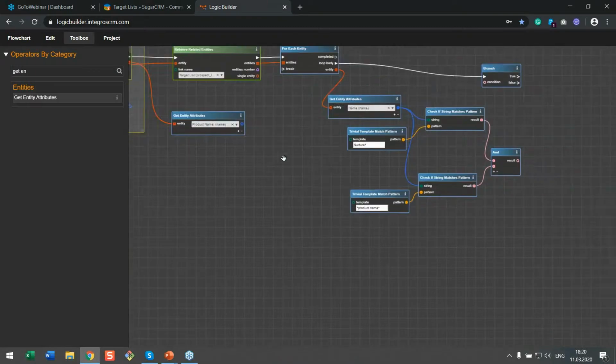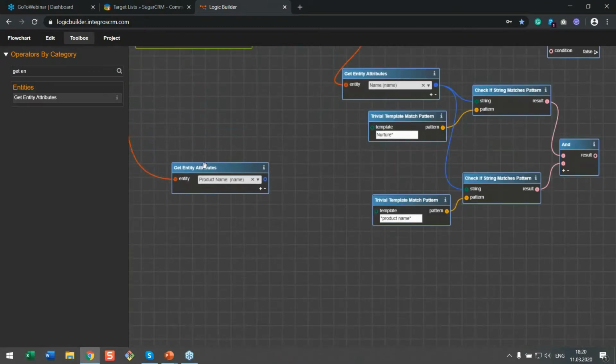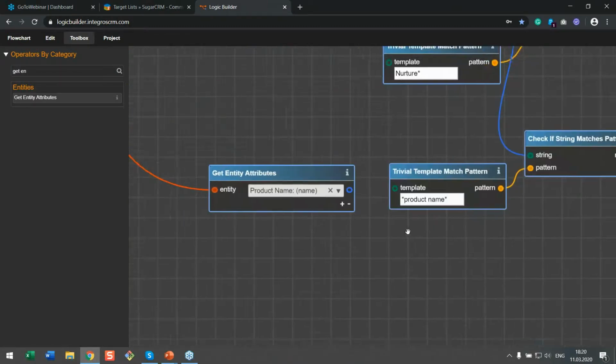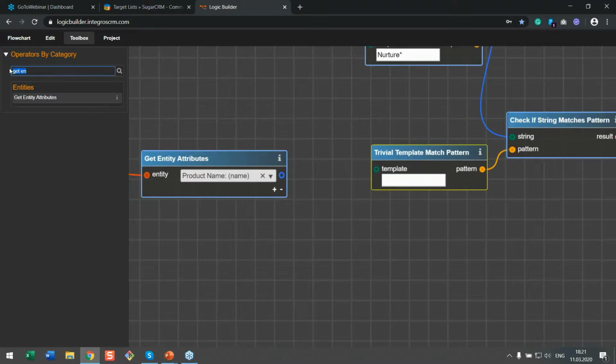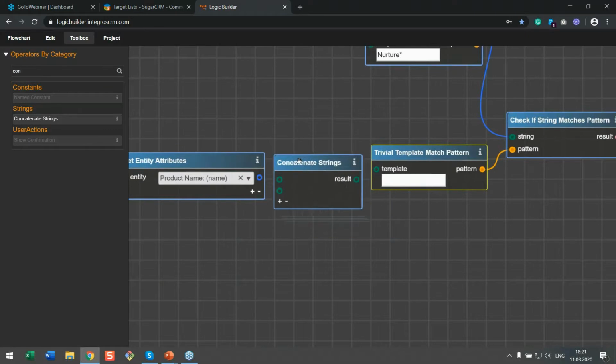So let me zoom out and zoom in and drag it a little bit here. I need my pattern to be something like this: asterisk, product name, and asterisk. How can I do this? Simple combining of several strings. To combine, there is the operator concatenate. I put it in here on canvas,